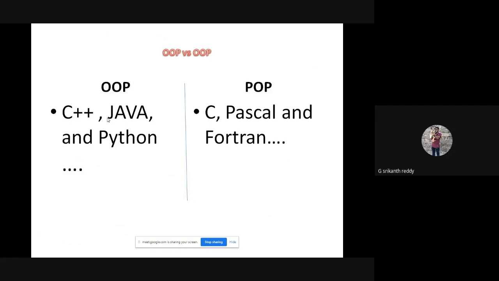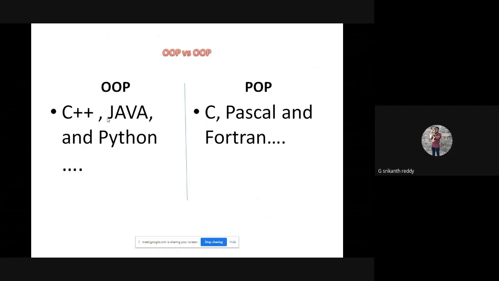To name a few, in object-oriented programming, C++, Java, and Python. In procedure-oriented programming, C, Pascal, and Fortran. And then in the last semester, you have learned C, right? So that comes under procedure-oriented programming.